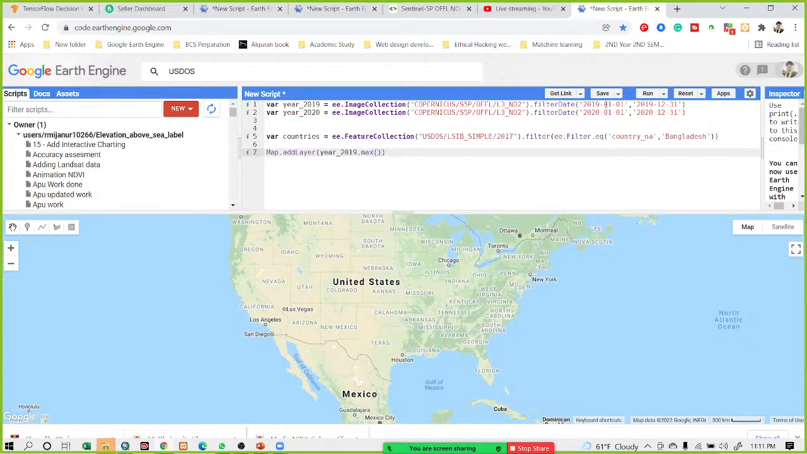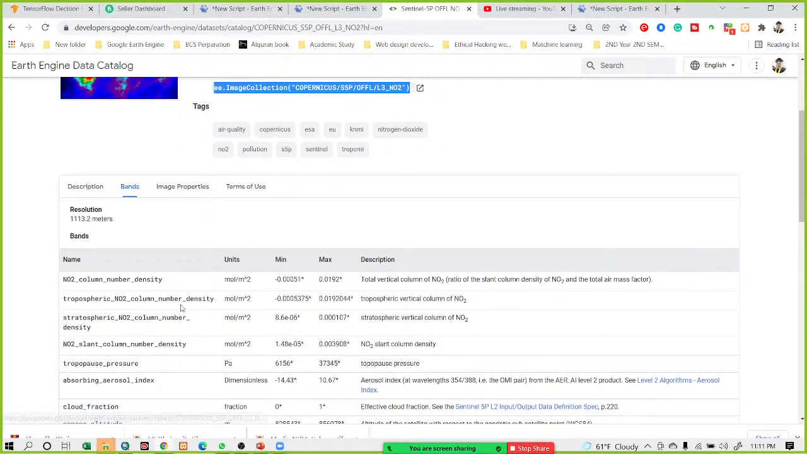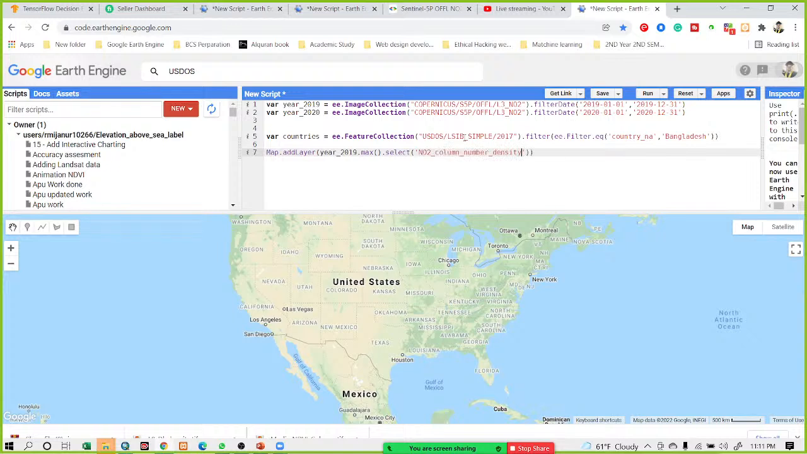Okay, and after this I simply select my specific band name, so I use the select function here, then define my specific band. Here you can see there are different types of bands. I simply copy this nitrogen column number density, the unit is mole per meter square, and paste it here. Okay, and then it will be clipped